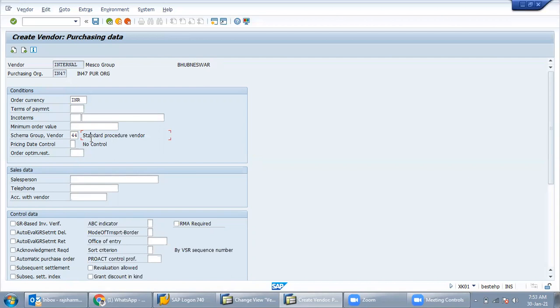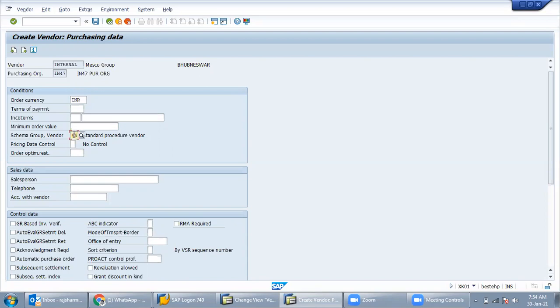Suppose we have created a purchase order. Can we give that purchase order directly to the vendor? No, we first take approval of our senior authority. Like we are officers, we take the approval of our manager, the purchase general manager. Sometimes we need approval of the director for that particular purchase order which we are giving to the vendor. Understood? So that process is called a schema group.